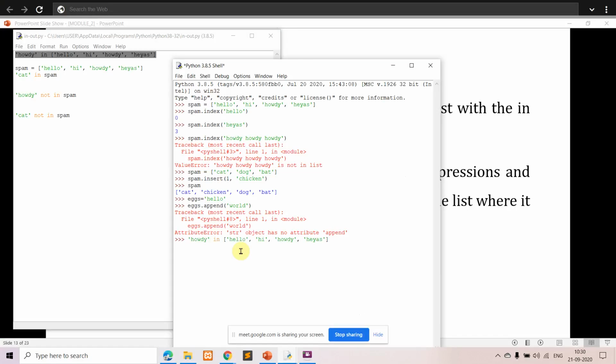Okay. So you can see here, this is a list that we have. In the list we have the names hello, hi, howdy and yes. So we are using the in operator. I already told in the slides what it says. The in operator is used to tell whether the data is in the list. Now in this case, what is the string you have given? You have given howdy. So you want to check whether howdy is there in the list or not. If it is there, it is going to give you a true value. If it is not there, it is going to give you a false value.